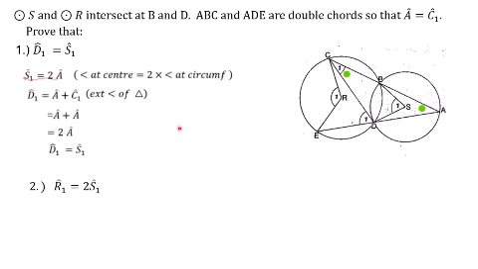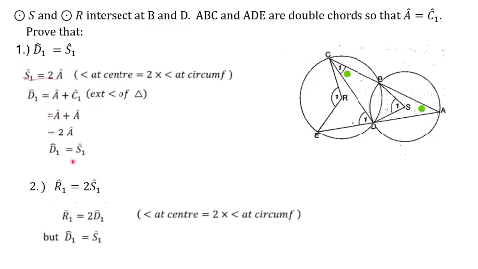For the next question, R1 is equal to 2S1. We are going to say R1 is equal to 2 D1. Why? Because of the angle at the center is equal to 2 times angle at the circumference. So this is the arc CE. CE is subtending angle R at the center and angle D at the circumference. Next step, D1 is equal to S1. This was already proven in the previous question. So this is your